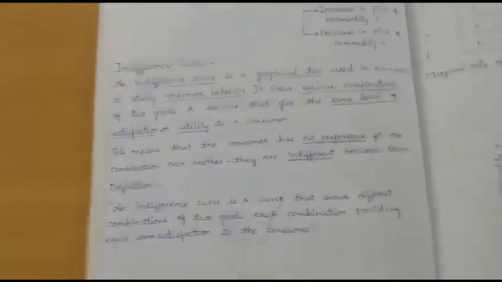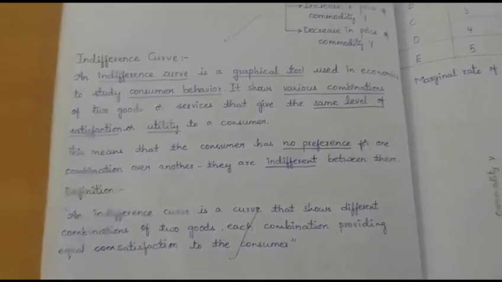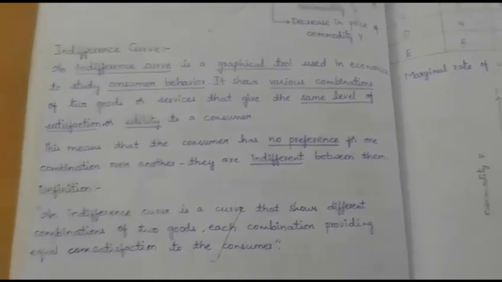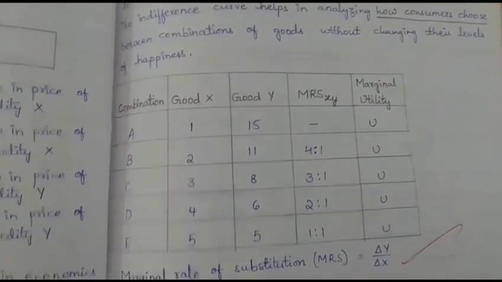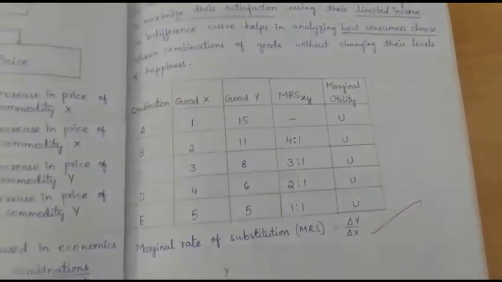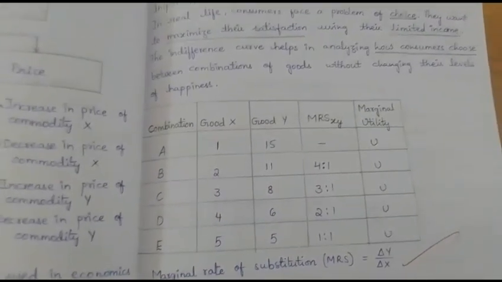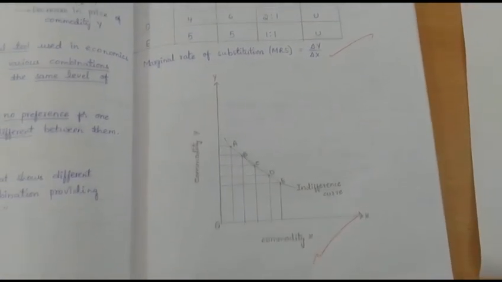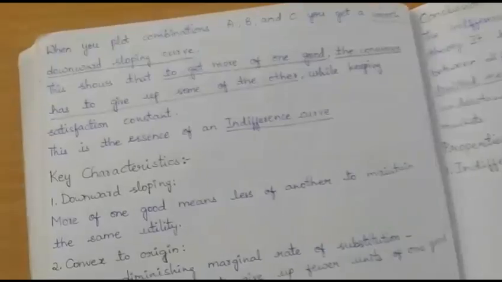Now comes indifference curve. Without reading this answer, you should not even go to your examination, like law of DMU and EMU. In indifference curve, you are indifferent between two different commodities, good X and good Y. Here we have a concept called marginal rate of substitution: at what rate are you foregoing one commodity for the other? This is how you look at the plot graphically, and the formula for this is change in quantity of X by change in quantity of Y. The reasons.